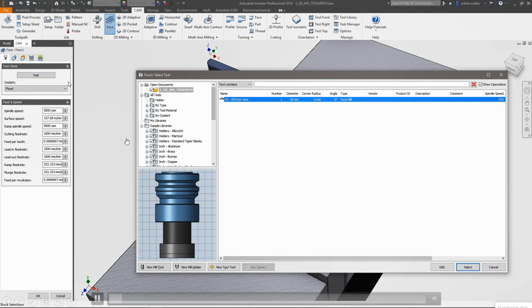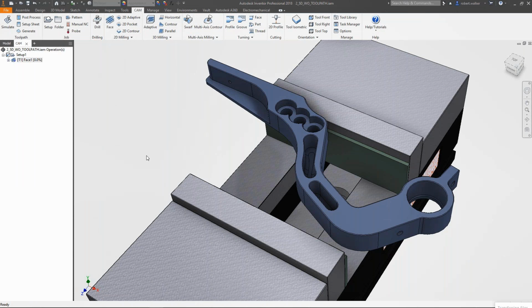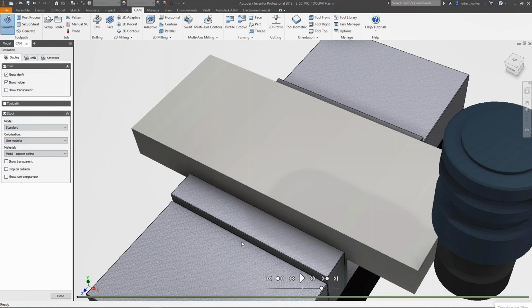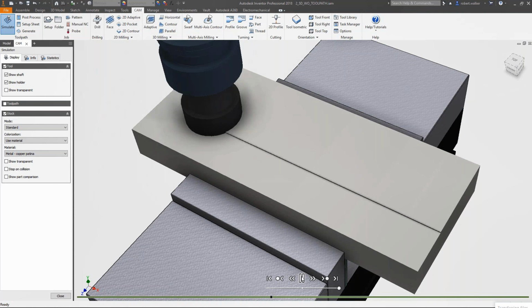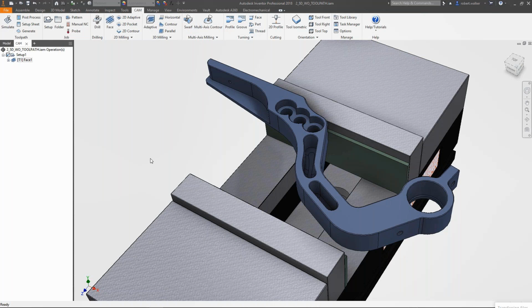We are choosing a specific tool. There's a very large tool library available right within the software, and as I said, it's an automatic process. The facing operation, which was the first operation, was done pretty automatically without much intervention. These steps are not part of a skipped video, but are as recorded.